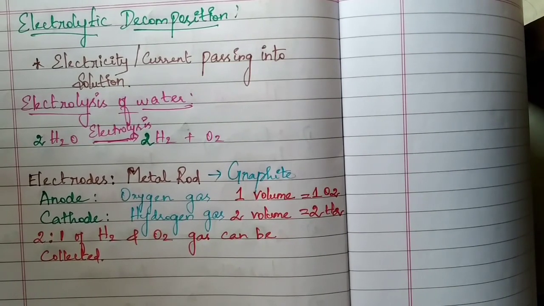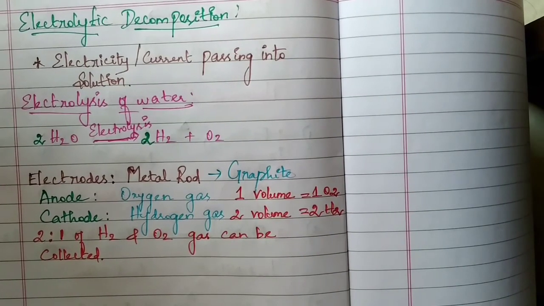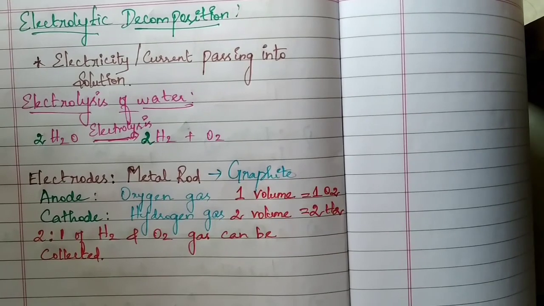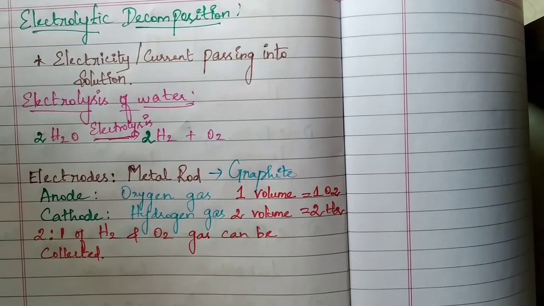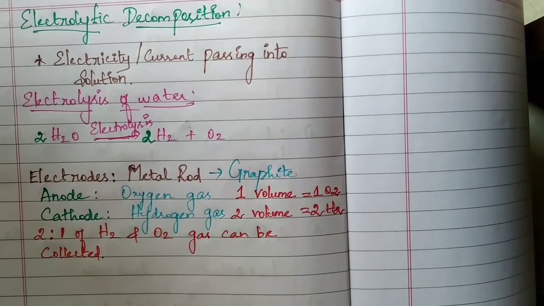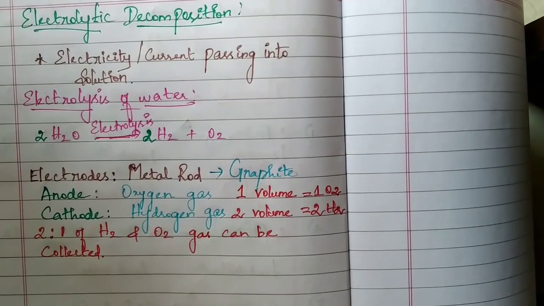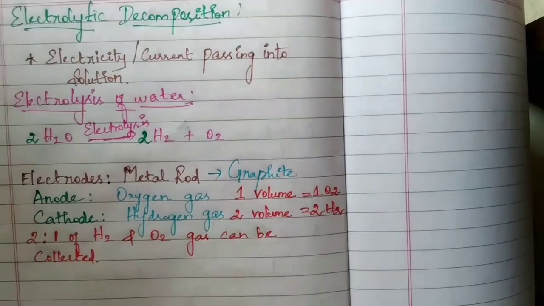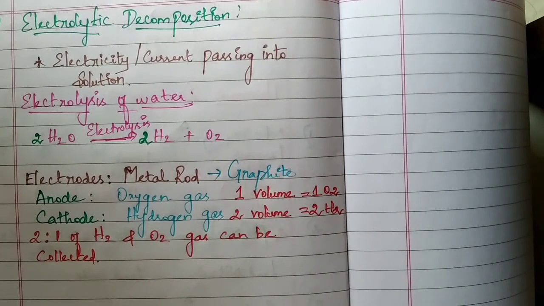So I hope you can clearly understand the 2 types of reactions, combination and decomposition. Out of 7, now I have discussed 4 reactions clearly, students. In the next video, I am going to discuss the questions based on this concept asked in previous year questions. After that, we will discuss displacement reactions and redox reactions.